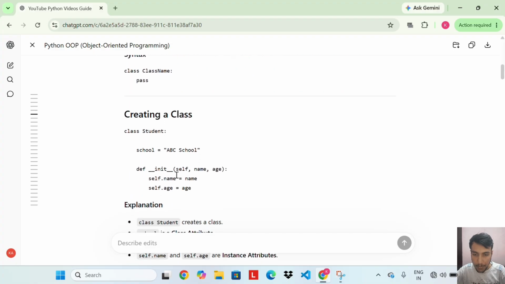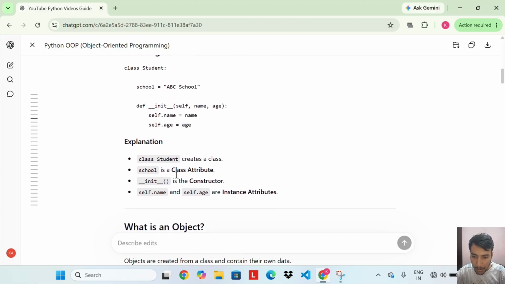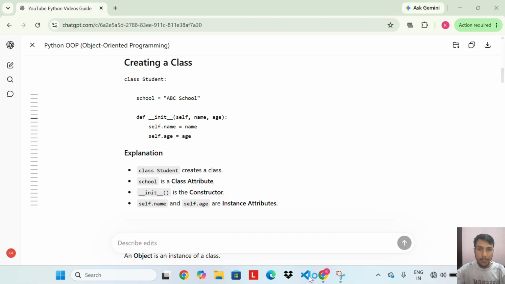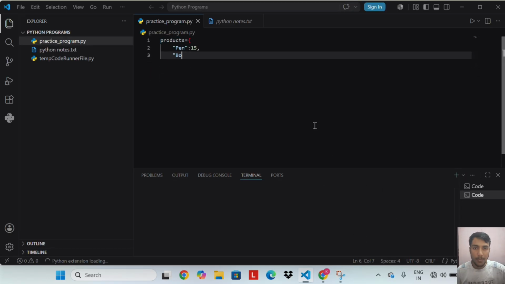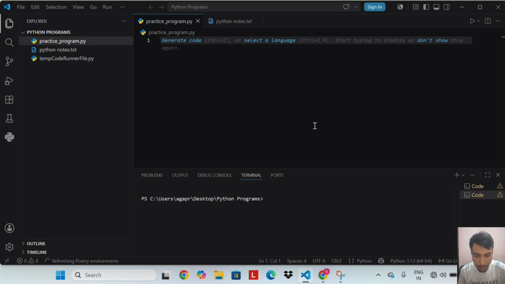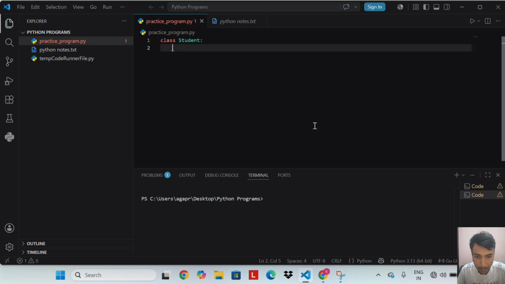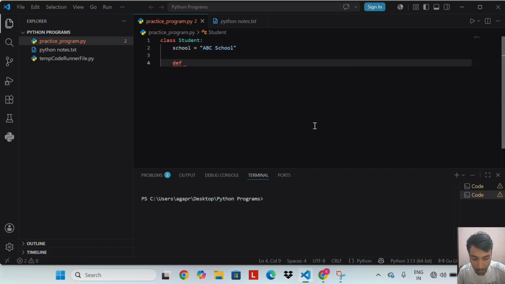Creating a class. Let's create a class. Class Student, school equal to ABC school, def __init__, self, comma, name, comma, age.